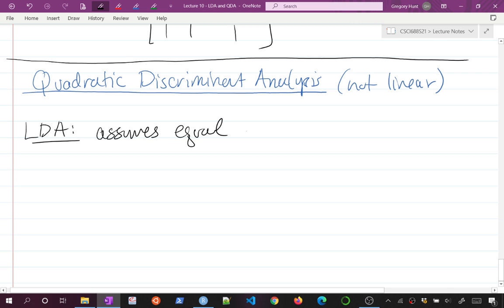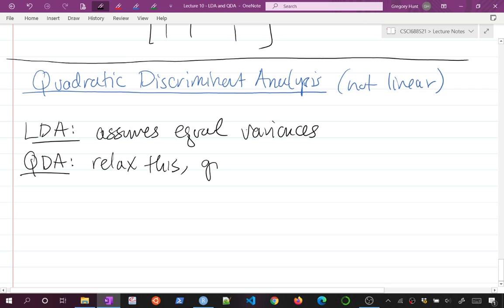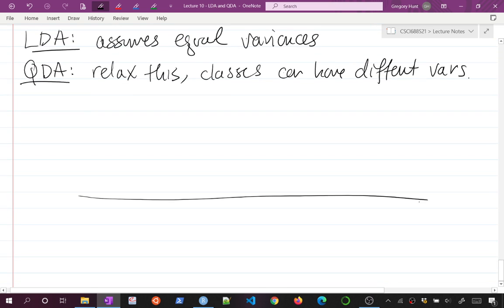equal variances, and QDA says, let's relax this. Different groups or classes, let's say classes can have different variances. So the picture in mind here for the one-dimensional case, if I have some red x's in my